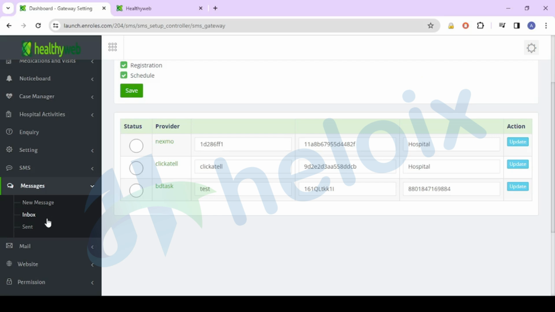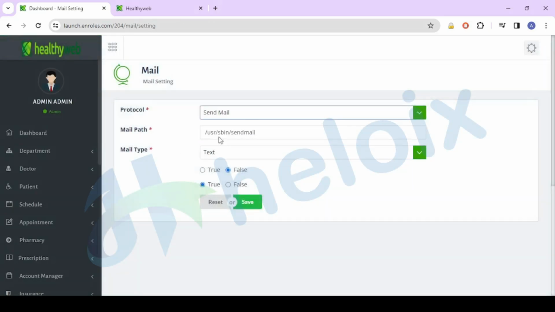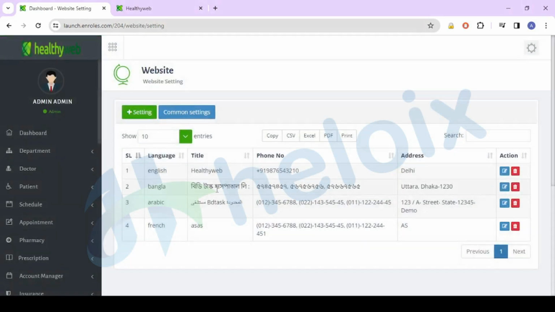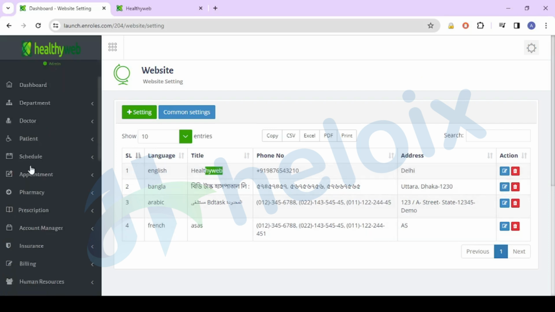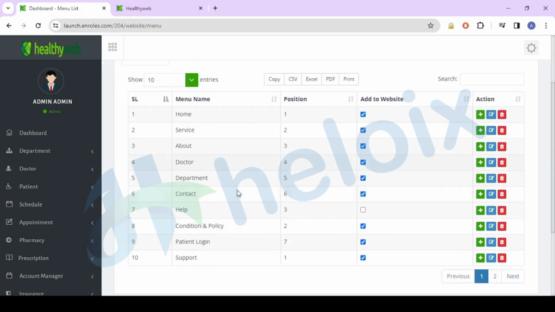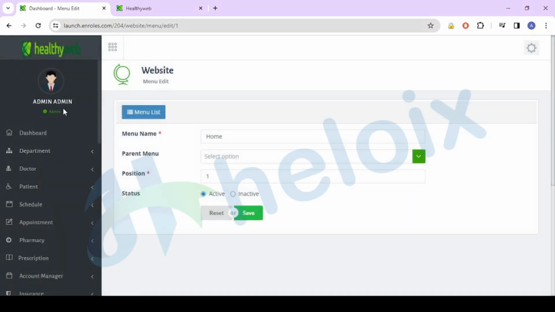After that, we have mail. If you need to send mail, then you can send, or here we have already added send mail and so on. Okay, after that we have website settings. In our settings here you can manage language and other things. Okay, after that we have a menu. You can manage the menu which is already live on the front end. You can easily add, edit, delete, or do anything with that. Okay, after that, if I click on the plus option, then we can change or update anything in this.